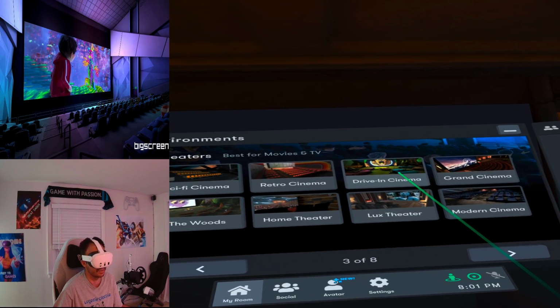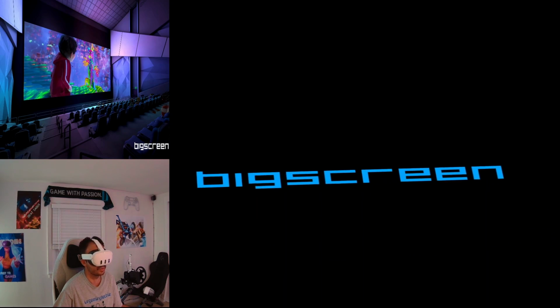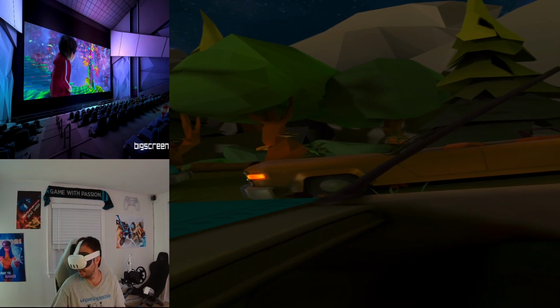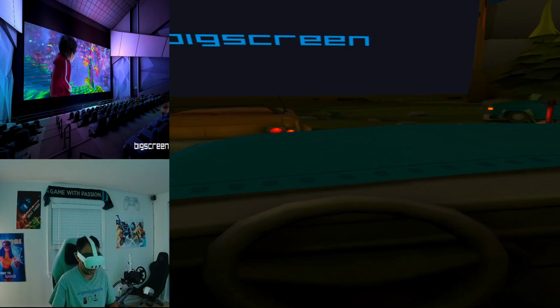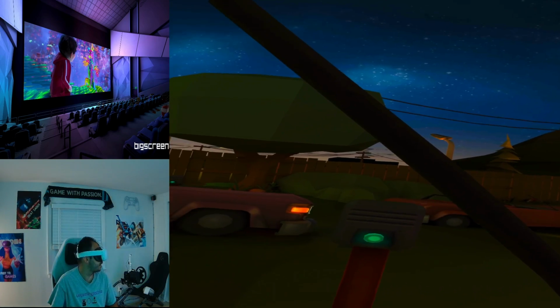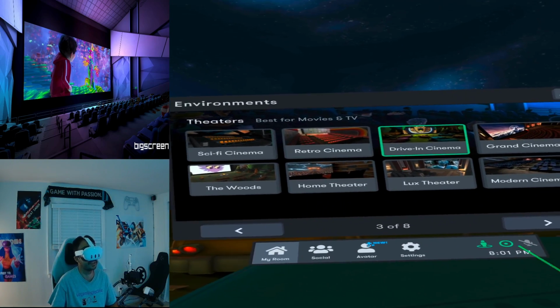You can even go through a drive-in movie, which I think this one looks fantastic. When you rotate through, as you see, you get put into like a car and stuff. You're kind of relaxing right here, sitting in the car and stuff, and other people can join. So that's what makes this one different, is that this one's all about being social.